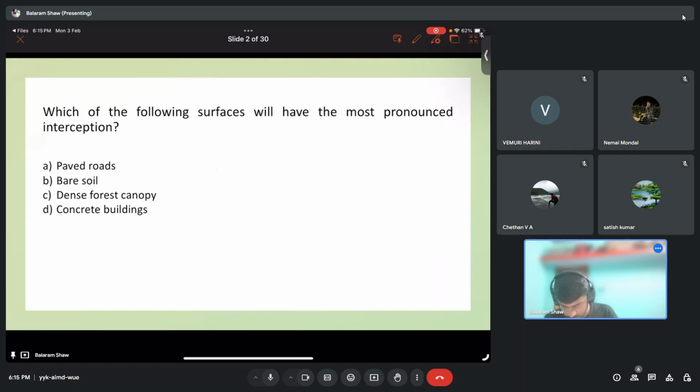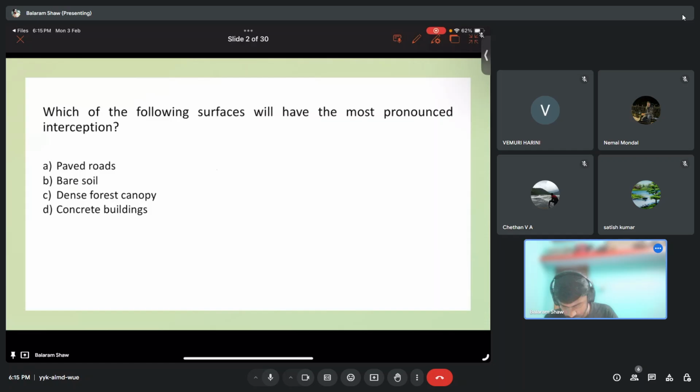So, the new term that we have right now is abstraction. The literal meaning of the word abstraction is taken away or pulled away, right? If we draw away something, then that process is called abstraction. Here, we are calling abstraction simple loss. So, any loss that is happening in the hydrological components of water, we call hydrological abstractions.